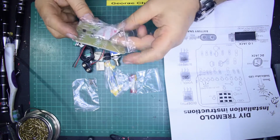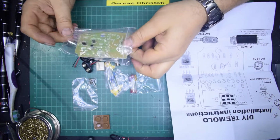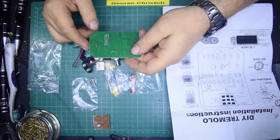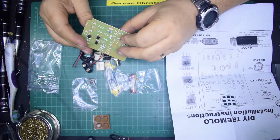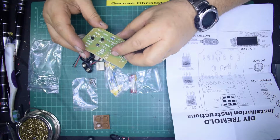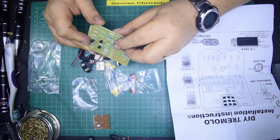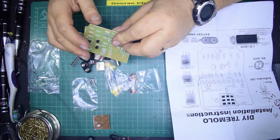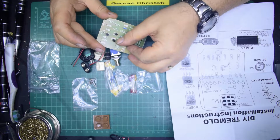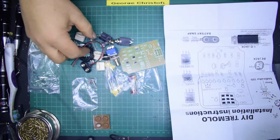Okay, well, it looks like you even get 4 rubber feet for the base of the box. They've not been soldered in, but you've got transistors in the board, and what does it say? 2N3904s and a J201, so that's a FET, but it doesn't say J201 on it, so it's obviously a replacement component. 3904, 3904. So what have we got? You've got your battery clip,